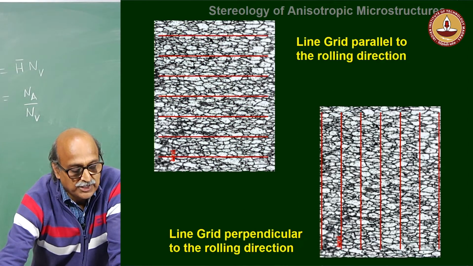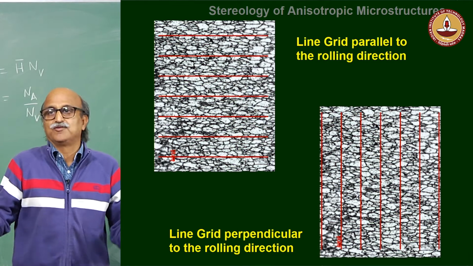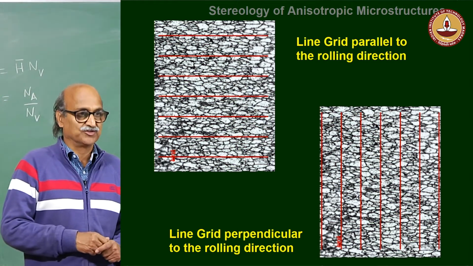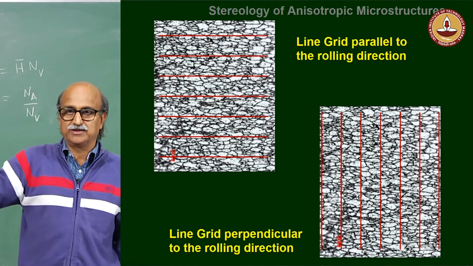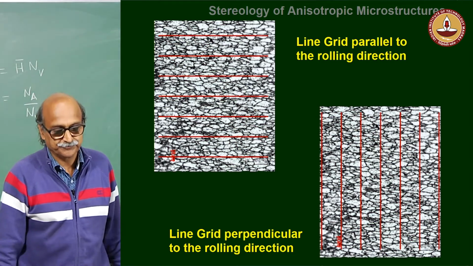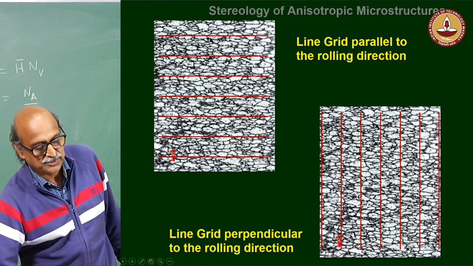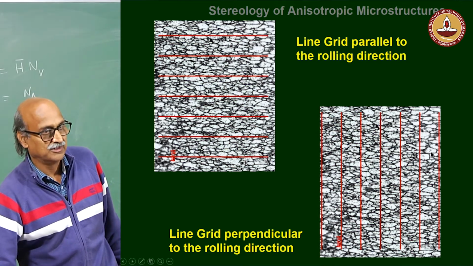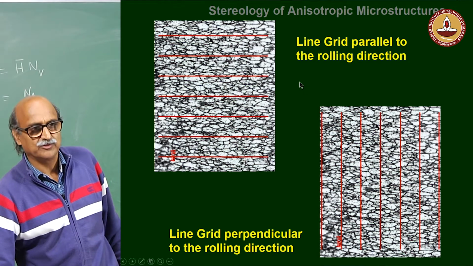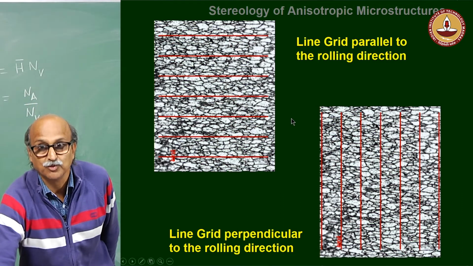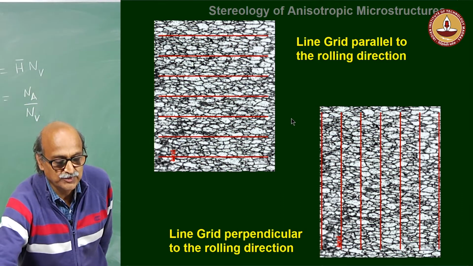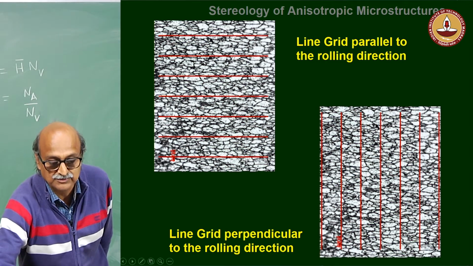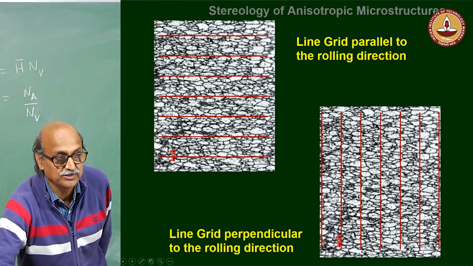So, suppose I use my usual technique of estimating PL, number of intersections per unit length, and from there I can then get my boundary length per unit area. I can put my intercepts like this, or on the same structure I can put my intercepts like this. Both will give the same result or a different result? Both will give a different result. Which way are you going to get more intersections per unit length? In this particular direction, the vertical direction, as opposed to the horizontal direction.